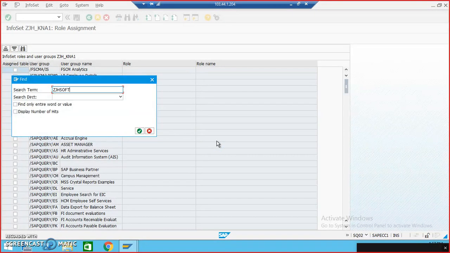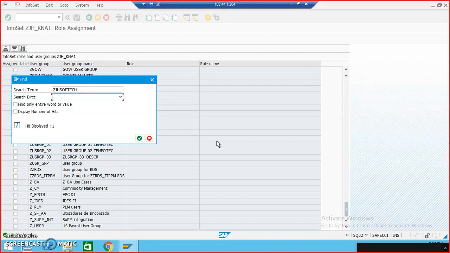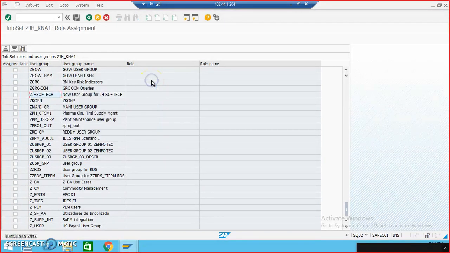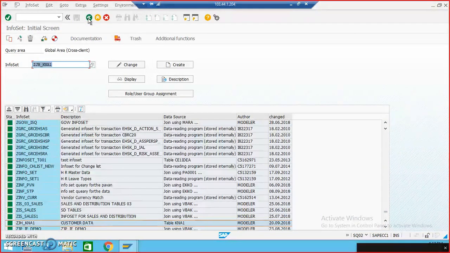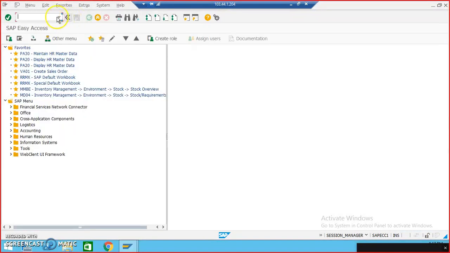ZJH Softech is the user group that we have created just now. So we'll search for it, and once we search for it, we have got this. Select this, and once you select it and save it, we are basically assigning this info set to a group. This is a mandatory step that we have to do. Once it's been done, we can test whether this particular info set is working properly or not in the